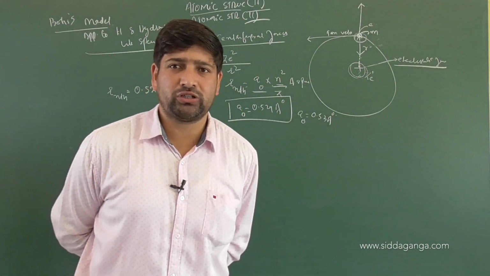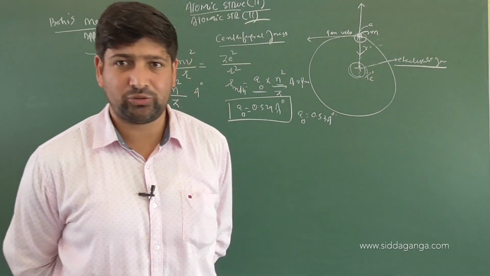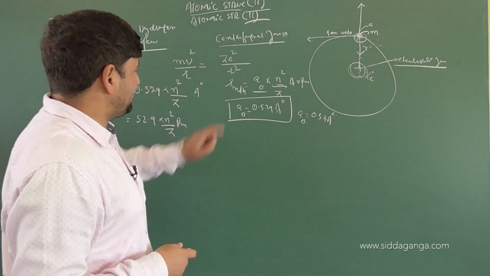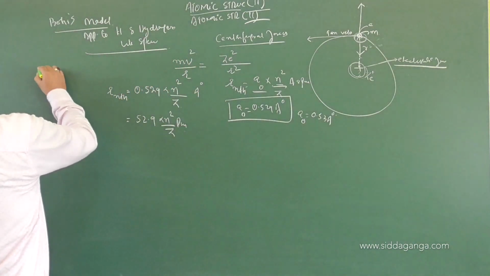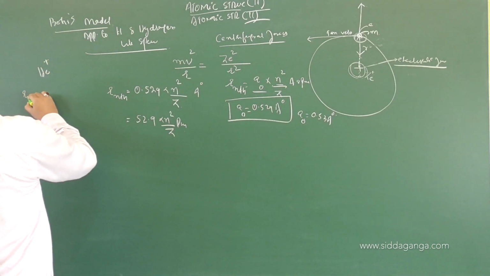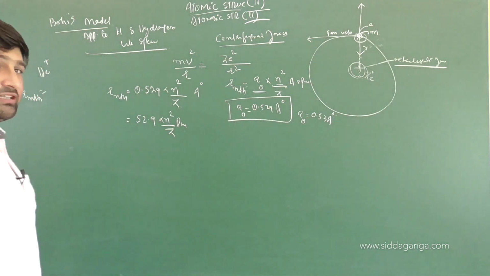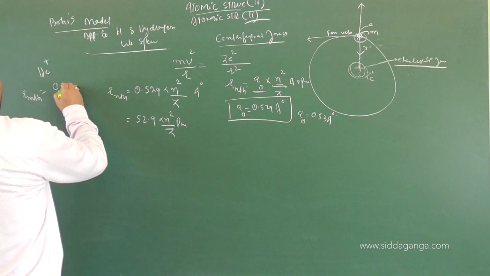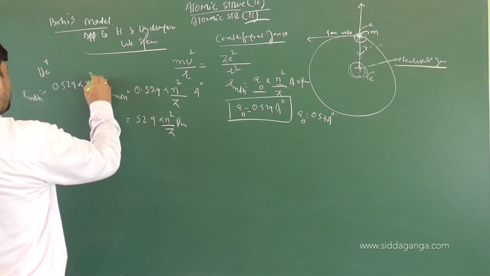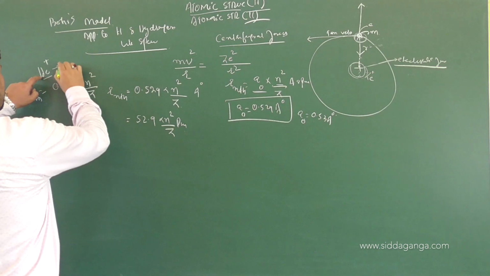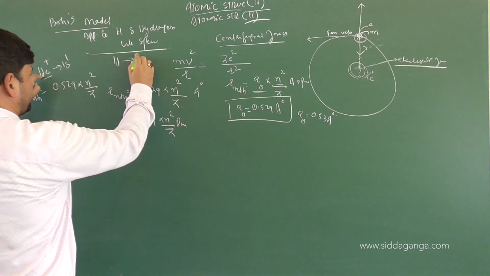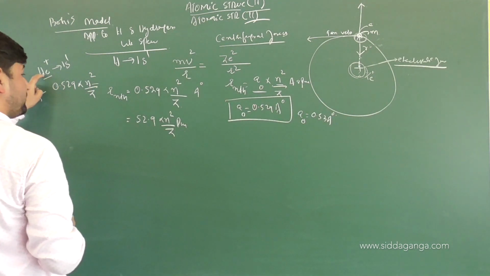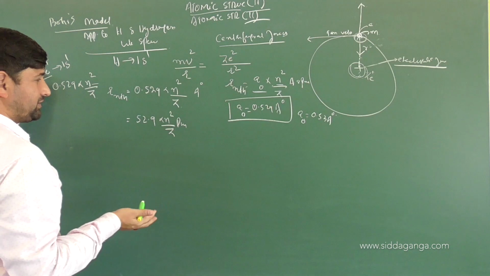As I mentioned, Bohr's model of an atom is applicable to all the atoms that are hydrogen-like, as well as hydrogen itself. So we can apply this equation to atoms like helium plus also. Let us see what is the radius of the nth orbital of helium plus. It will be, children, equal to what? 0.529 into n square by Z. For helium plus, the electronic configuration is 1s1. For hydrogen also, the electronic configuration is 1s1. So the n value for both is the same. The Z value changes. For helium, what is the nuclear charge? The atomic number, children, that is 2.